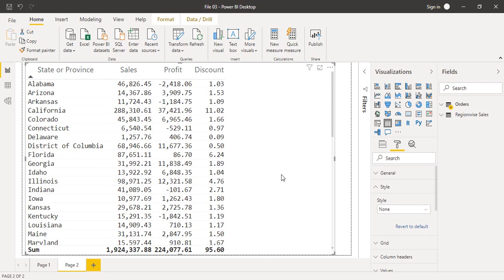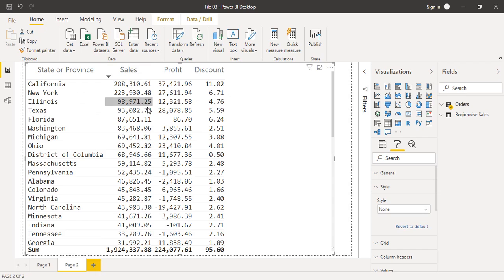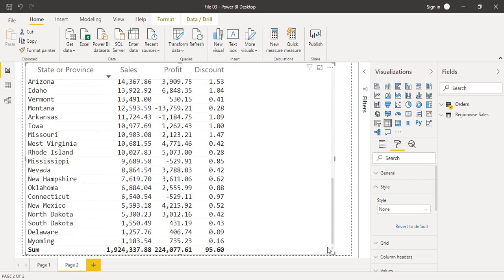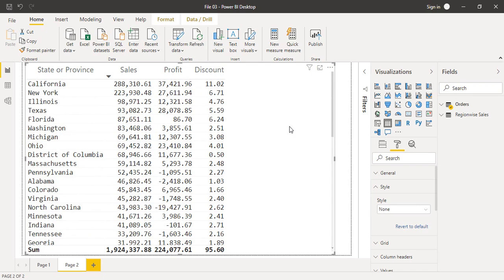The second thing is, what is conditional formatting? It is formatting that is done based upon some condition. Usually this table looks kind of plain. If we sort this table on the basis of sales, we get the largest sales value on top and the smallest at the bottom. We all know that, but there is no visual representation of it in the table. If we want to visually represent a numerical value, we make use of a concept known as conditional formatting. Conditional formatting can be applied on a number of criteria, which we will see just now.